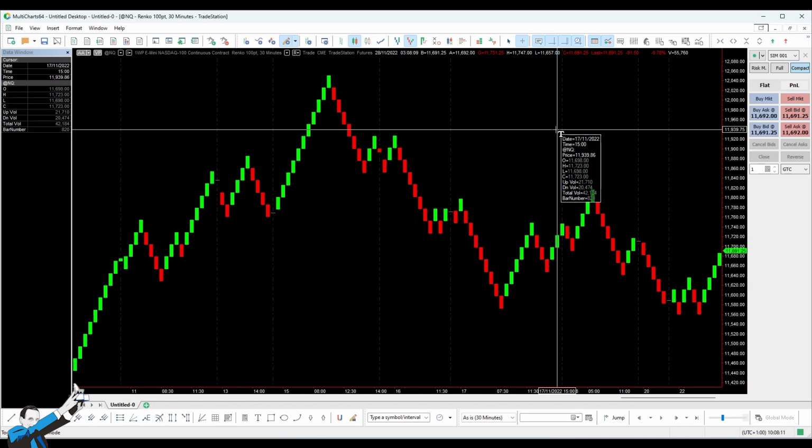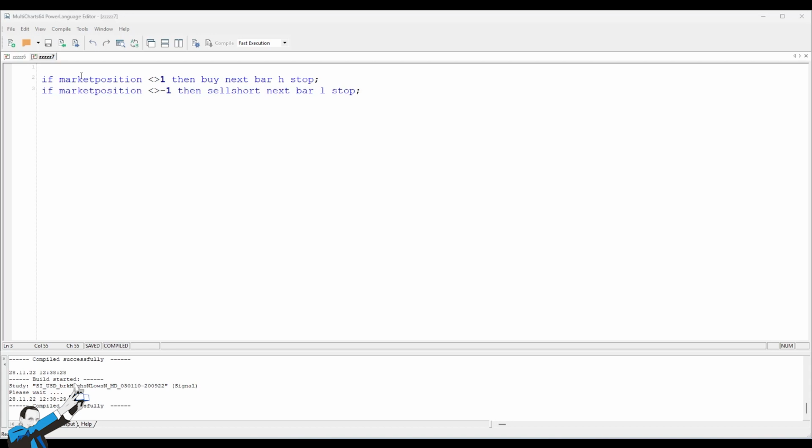Now, those who already know and follow us know that we are systematic traders. And as systematic traders, we like to test trading ideas. So let's go and create a trading system based on this type of chart, shall we? We did it in a very simple way, and we're going to be showing you the system. We have only 2 lines of code, and the first line tells the strategy to go long at the previous bar's high with a stop order. And the second line tells it to go short at the previous bar's low on the next bar. And that's pretty much it.